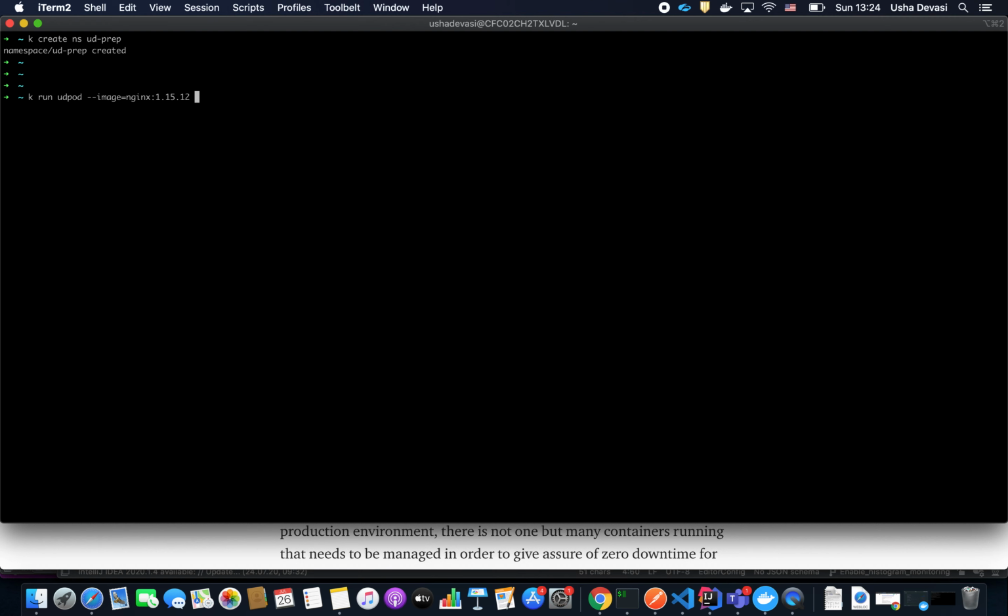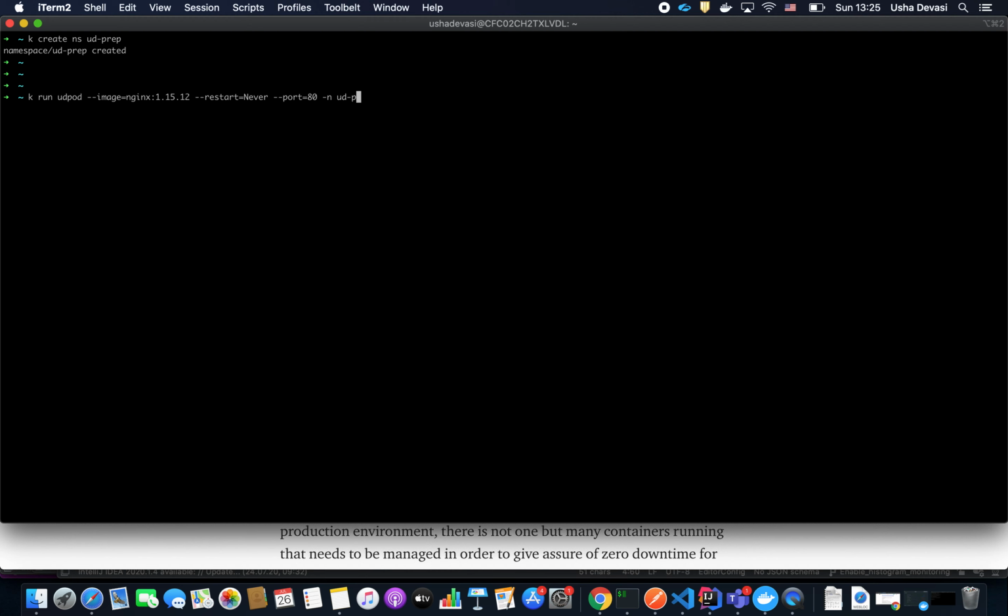So now the next step should be --restart equal to Never with capital N, and then provide --port equal to 80. Sorry, it's double minus port equal to 80. That's a local port I'm giving. And then you can write --namespace and then the name. But instead of that, the other shortcut is just to write -n. And I want to create this pod in my own namespace, not the default one. So I'm going to use